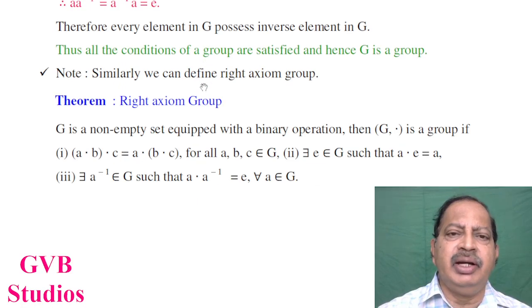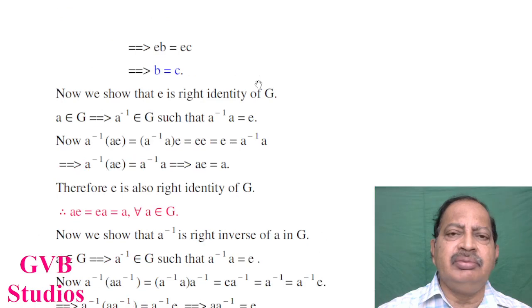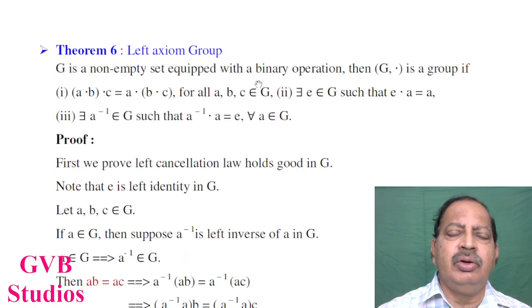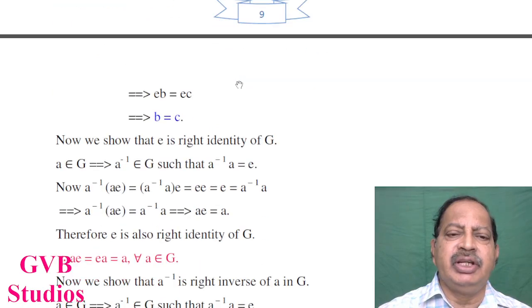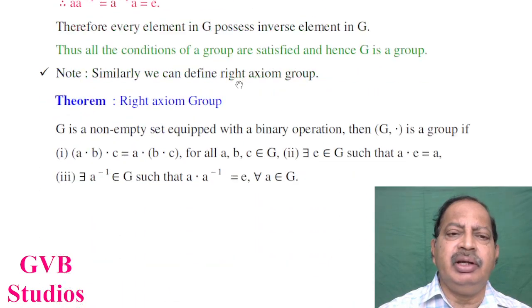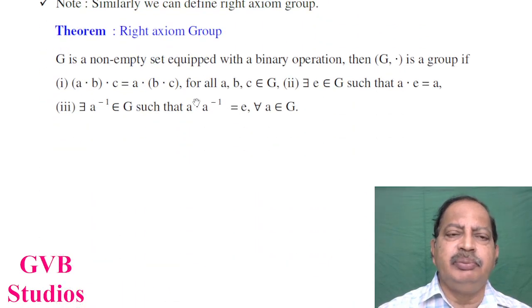Similarly, we can define right axiom group. If the left axiom theorem is there, we can define a right axiom group also, changing the conditions in the right way, the right side part. I will give the statement here. Right axiom group: G is a non-empty set equipped with a binary operation. Then G dot is a group